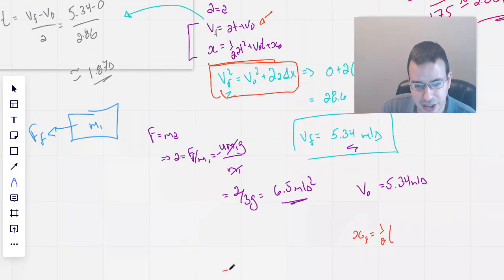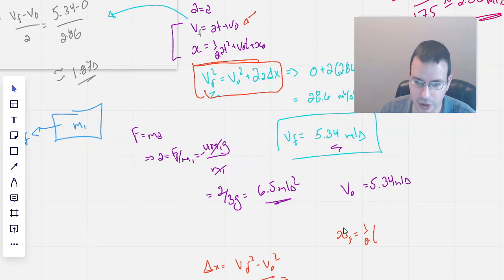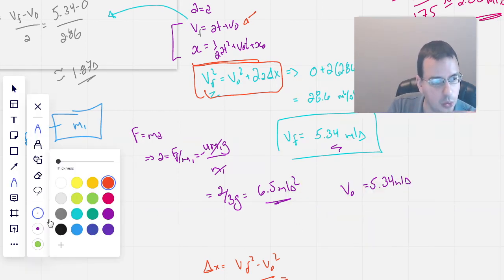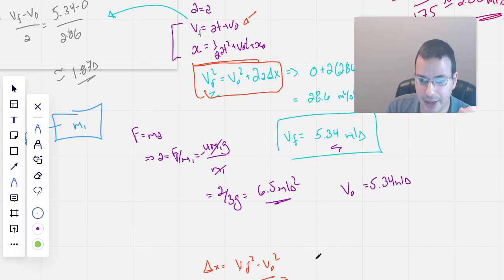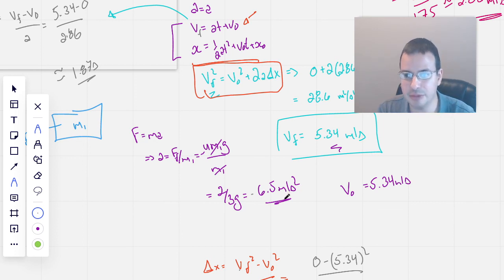So I'm going to say that delta x, which is how much further it travels, and since x initial we're going to assume is 0, basically it's just how far it travels, will be v final squared minus v initial squared all over 2a. And you might think, oh, we're going to get a negative number here. Not quite. So v final, it comes to a stop. So it'll be 0 minus initial, which is 5.34 squared, all over 2 times the acceleration. And I wrote this as 6.5 meters per second squared. What I should have written was negative 6.5 meters per second squared. The squared is on the seconds. The 6.5 is negative. So the negatives cancel, and we get